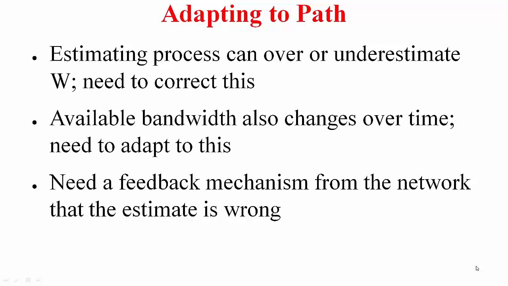So coming to adapting to the path, so you do slow start to begin with, you are bound to overestimate and you are going to push the network into congestion. During this phase, you use this round trip time calculations so that you don't make things worse, but you do need to correct your overestimate. And in that process, you may underestimate and you need to correct that as well. Not just that, your available bandwidth is also going to vary with time, just because the network is dynamic, in which case you need to adapt to this as well.